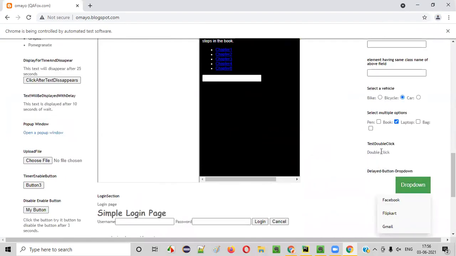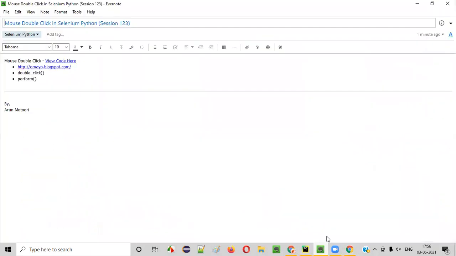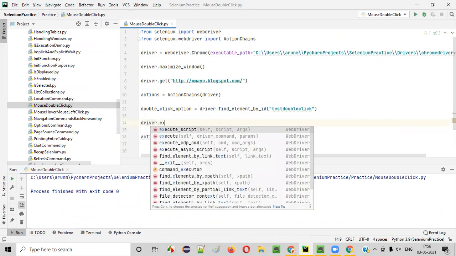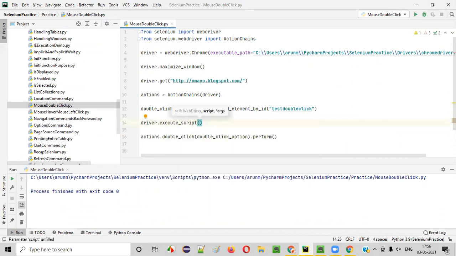Let's move the view here, guys. Till here let's move the view. How to move the view till that point? In one of the previous sessions I explained, right, if I have to move the view till this element is visible, then we have to run some JavaScript code like this: driver dot execute script, and here I'll say double quotes, comma, provide this web element till where we have to scroll the page. First, I'm scrolling the page using the JavaScript code here, till this particular double click option is visible. Then I'm going to perform double click.